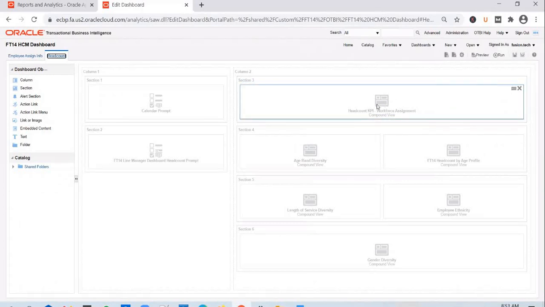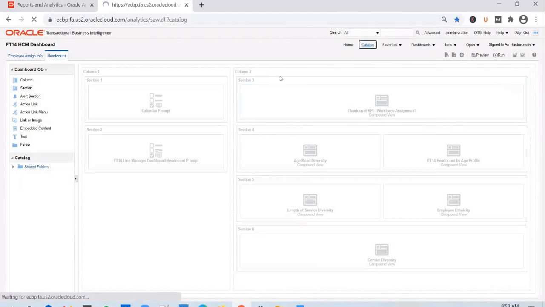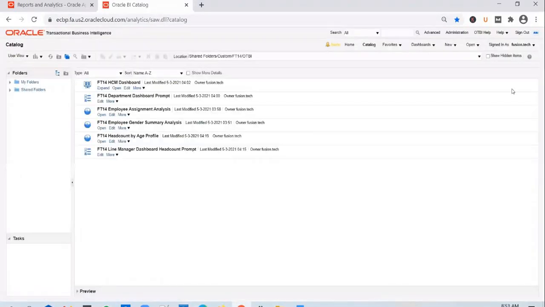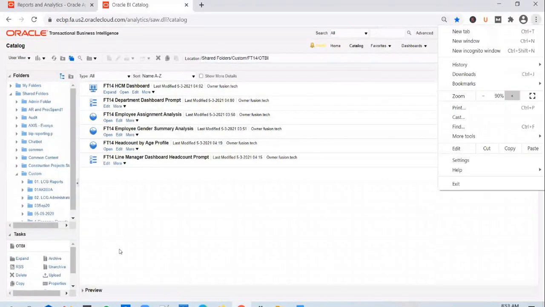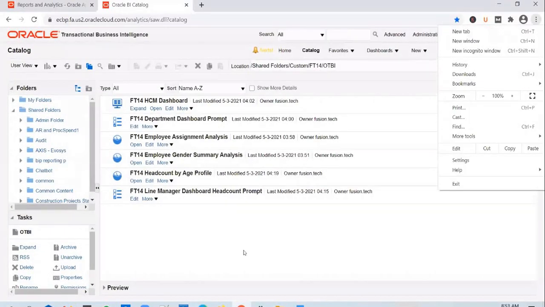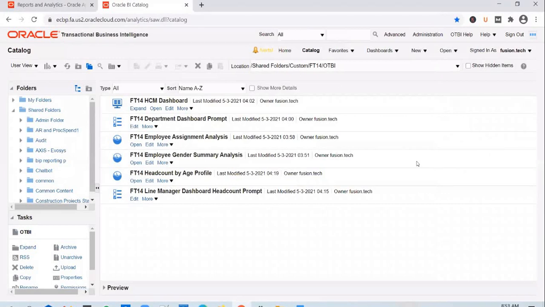Okay. And the migration and the security stuff of OTBI works exactly the same way as in BIP. We're not going to repeat that one more time. So the way you give permissions or the way you migrate OTBI reports or dashboards to a next instance works exactly the same way as a BIP report. Migration works with the help of catalog files. Permissions or access works with the help of permissions.